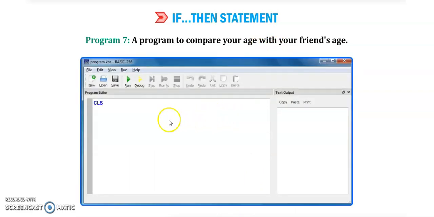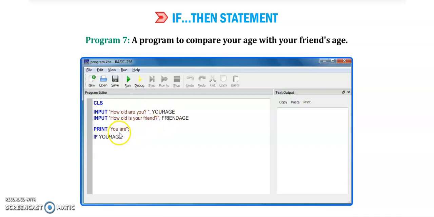Now next, I will explain program 7. This is a program to compare your age with your friend's age. First we write CLS, then input how old are you. This message will be displayed, and now you have to enter your age. Now input how old is your friend, and then you have to enter your friend's age.